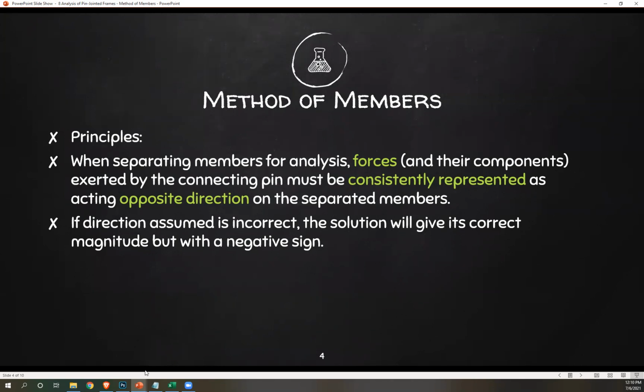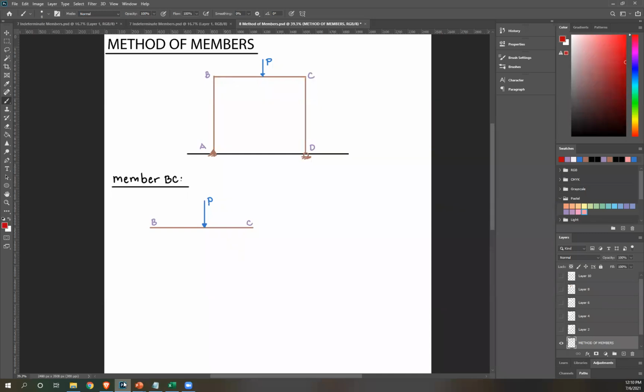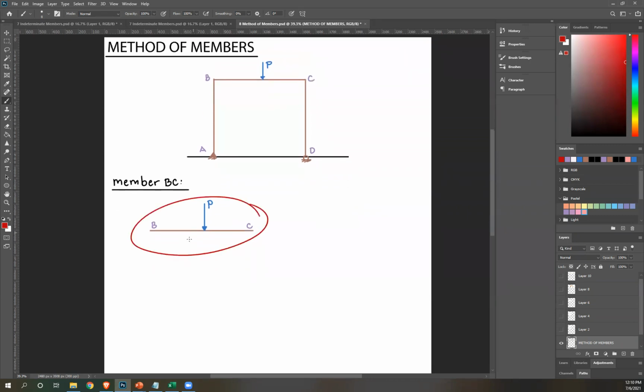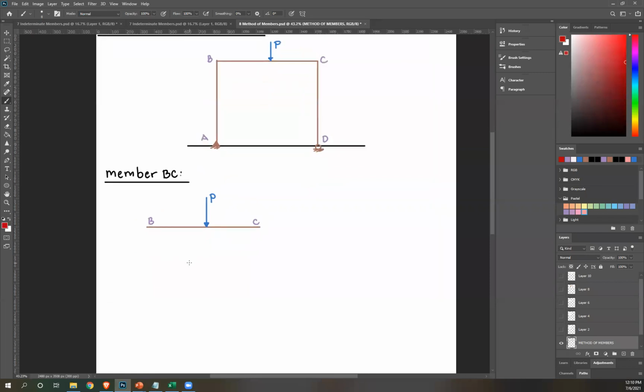Okay, so to explain, let's have this frame. You have frame ABCD. Here on member BC, we have a point load along its span. Because of this point load, member BC is a three-force member. So let's try to isolate that. Isolating member BC, you have this. Now, again, three-force members are non-axial. That means this is incorrect. That's not how you draw the forces acting on the member. Instead,